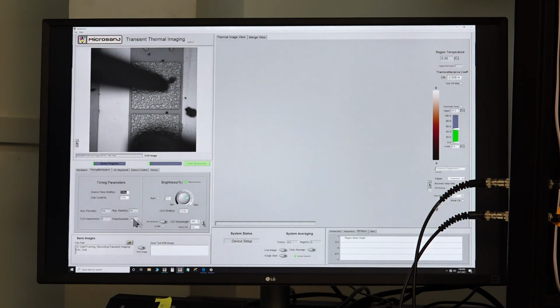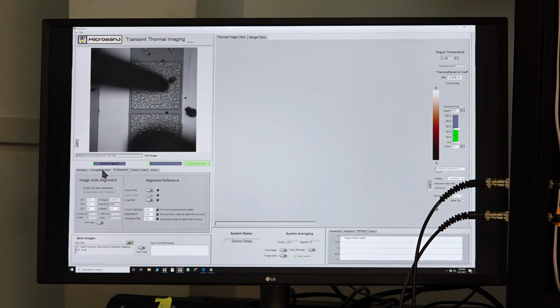The CCD exposure is determined by the frames per second that we have chosen there. The next thing is we select the 3D alignment. So we check whether the 3D alignment is on or not. We must ensure that this is already enabled. Now we again select our region of interest. So we select this region as we have been already selecting. We have already done that for the previous modules. Then we again select the capture reference, keeping in mind that we have to select an area with some features like edges and spots.